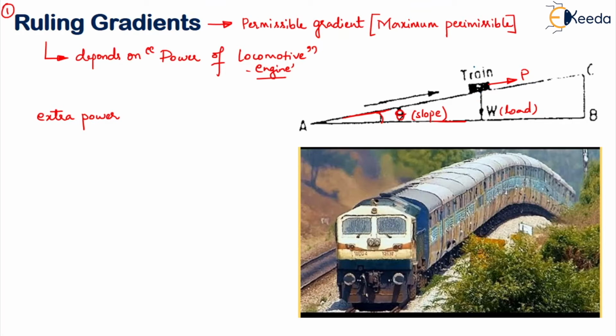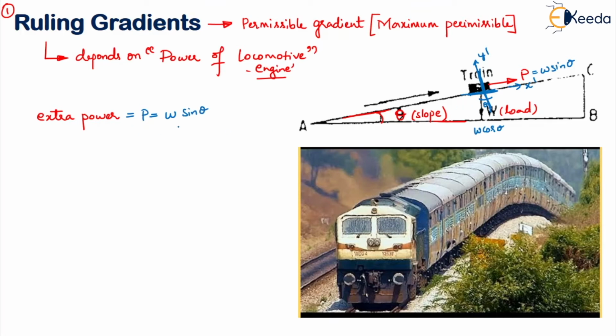Right, now if you observe the perpendicular to the AC line, this is your perpendicular to the AC line. Okay, now let's call this as your X dash axis and this as your Y dash axis. So this will be making an angle theta. Now if you resolve this, the load component which is vertically downwards, this will become W cos theta and this will be W sin theta, because the extra power required will be P, which is equal to W sin theta.